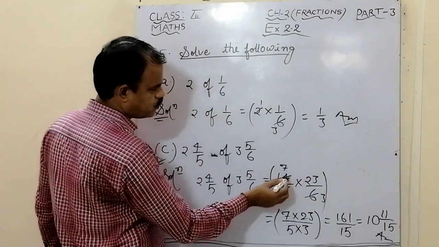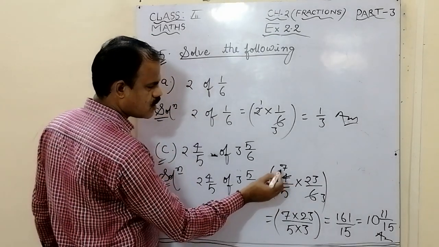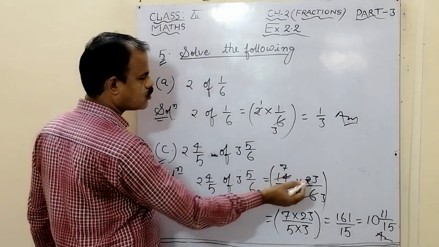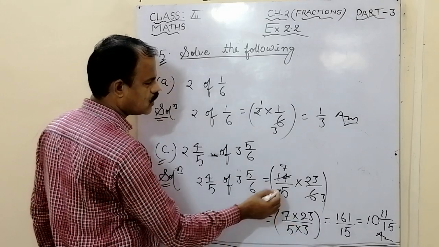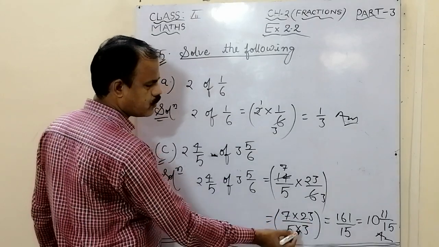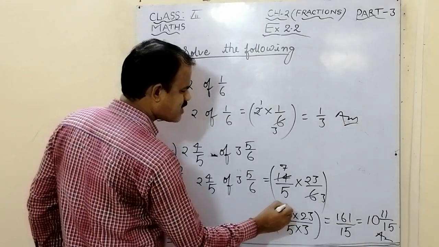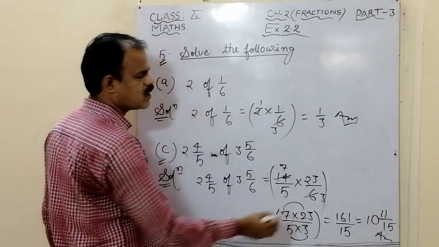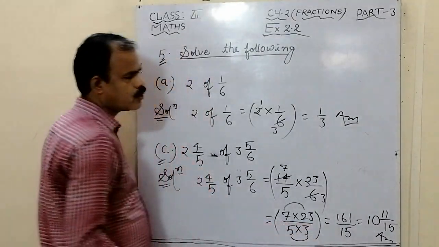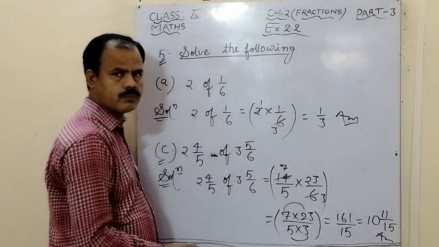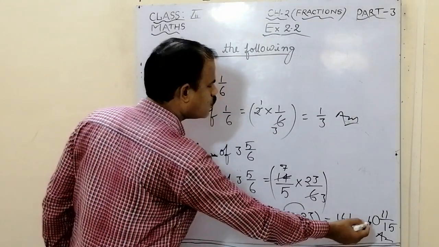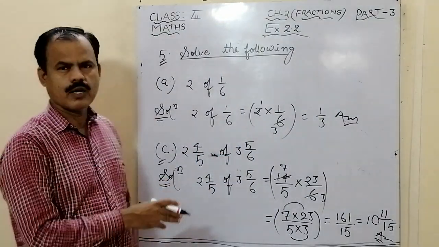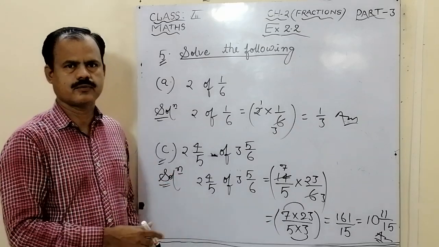Now we cut this by the table of 2. 2 sevens are 14, 2 threes are 6. So at the numerator place 7 and 23, 7 multiplied by 23, and at the denominator place 5 and 3, so 5 multiplied by 3. When we multiply 7 into 23, it becomes 161, and 5 multiplied by 3 becomes 15. Again this is an improper fraction, so we change it into a mixed fraction. So it becomes 10 whole 11 by 15, and this is the final answer. For class practice you have to solve the remaining part just like that.